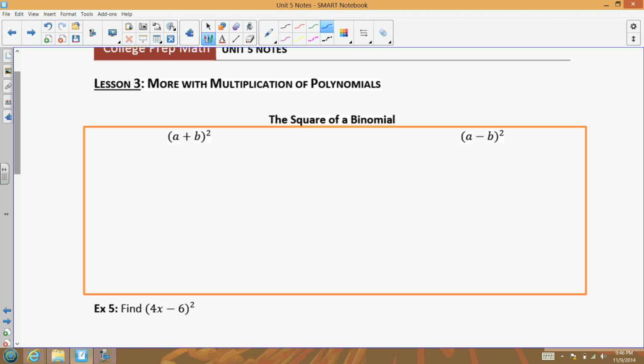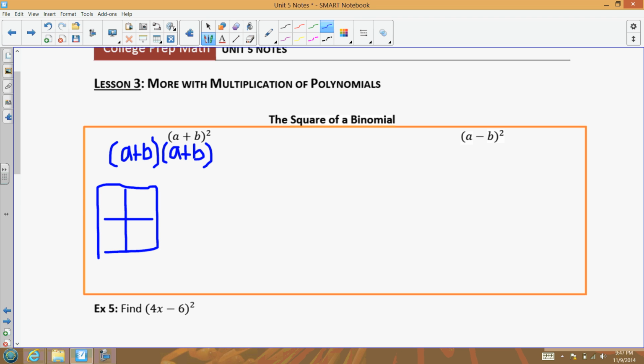So let's take a look at what this actually means. The most common mistake is that students will automatically want to square each individual term, but you really have to think of a plus b, the quantity squared, as really meaning a plus b times a plus b. As soon as you see a plus b, the entire thing being squared, you don't want to distribute that square. You want to think of it as a plus b times a plus b. As soon as you see that, you're more likely to remember to either FOIL or to set up